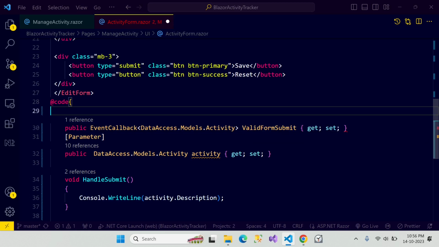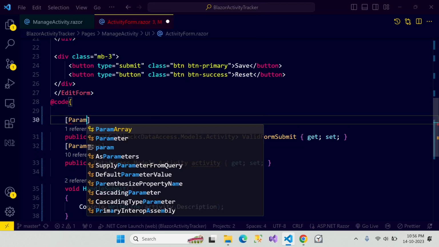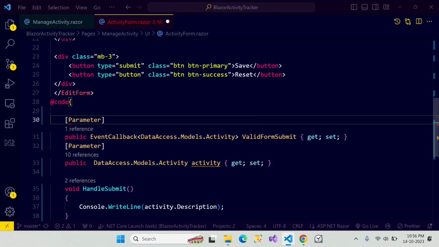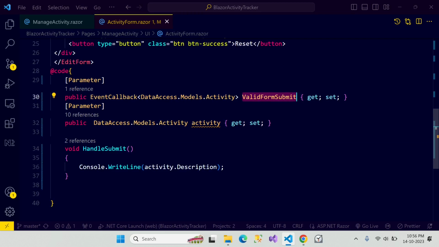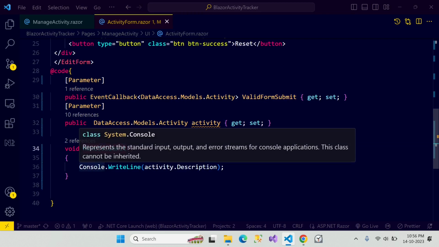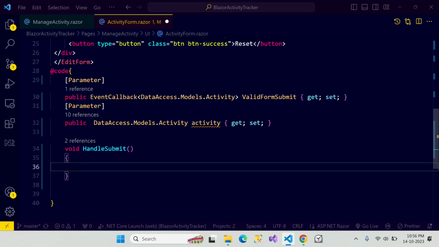Since we are accessing it from our parent, we need to define this Parameter here. Now with this property we can access our handle submit method. But for that, let's remove this here, and